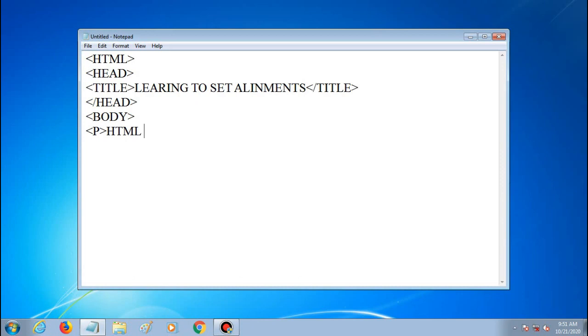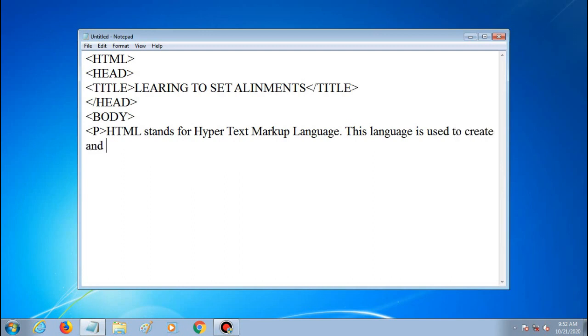HTML stands for hypertext markup language. This language is used to create and design web documents.